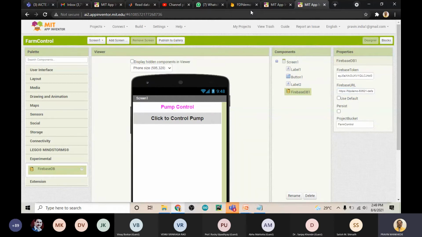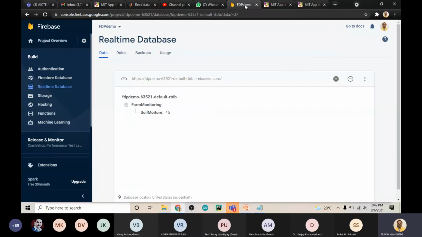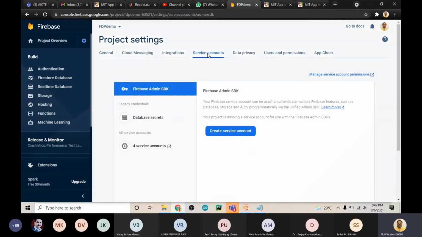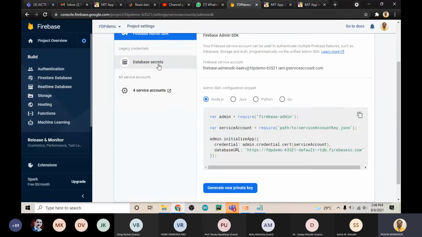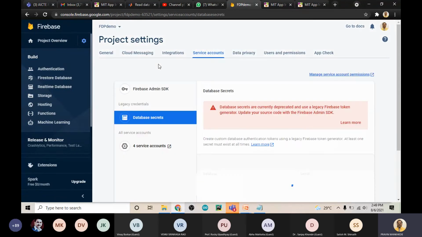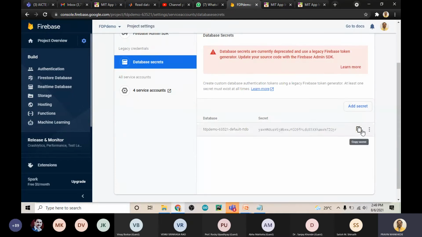Then I will go to Firebase, go to project settings, go to service accounts, click on database secrets and click on show, and copy it.